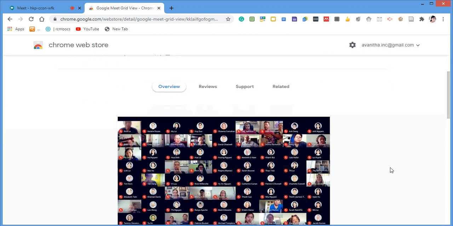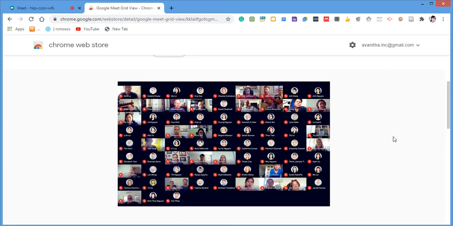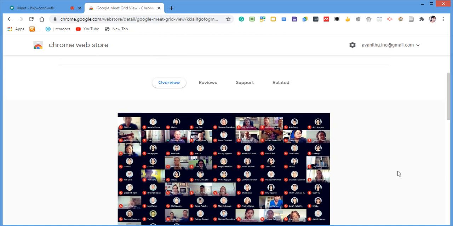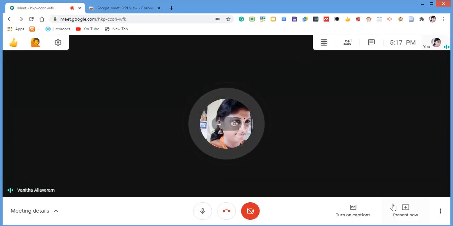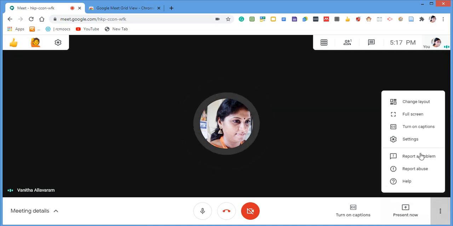This application lets whoever is attending the meeting be visualized in the form of this grid. Most of the default grid view buttons are not available in Google Meet. We have to go with the extension.